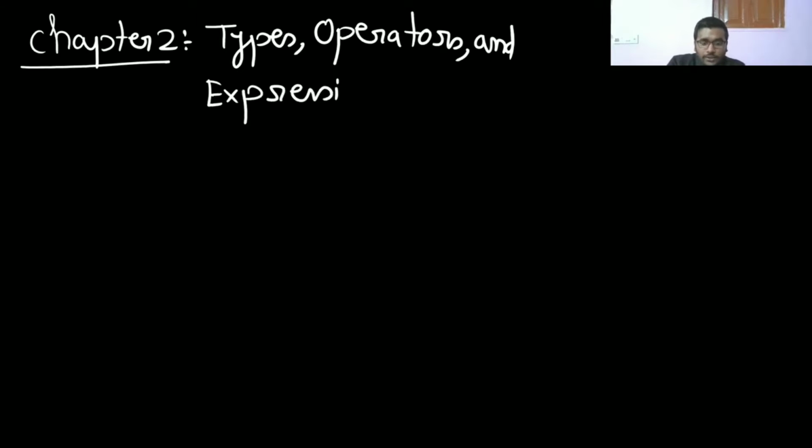So chapter 1 we have finished. Now we are going to chapter 2 of this book, which is where we are learning the concept from. Chapter 2 of this book is on types. So many new things we are learning from this, because this is the standard book, written by Dennis Ritchie. Many other books will say you can do this, you can do that, but there is an ambiguity there. GATE and IIT follow the NCC book standard, so you should follow this. I am also going to give you the notes.